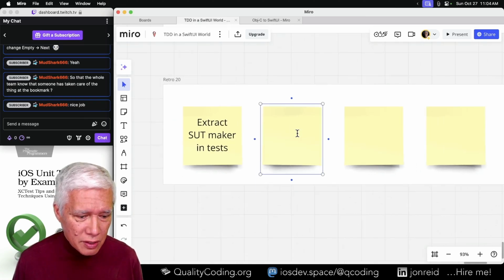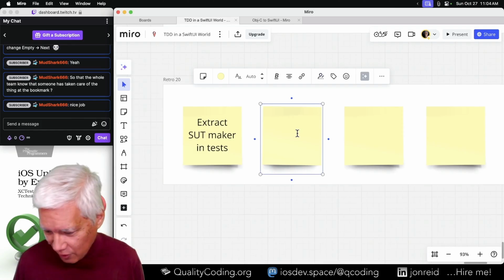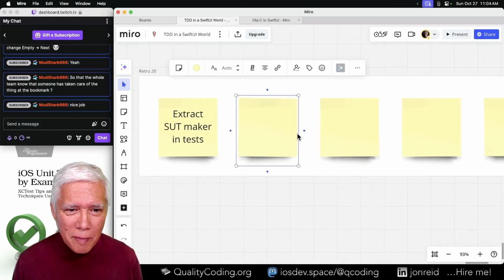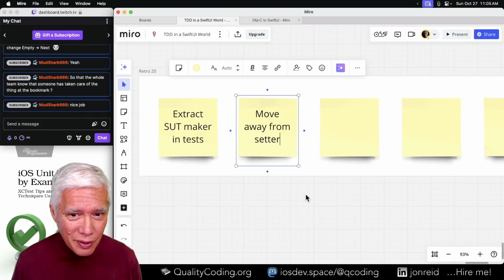What else did you observe? It's just you, Mudshark. Everyone else is gone. We move away from setter. We're not quite done with that, but that's okay.